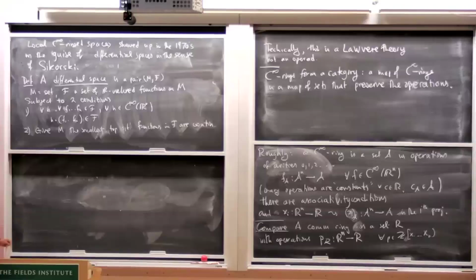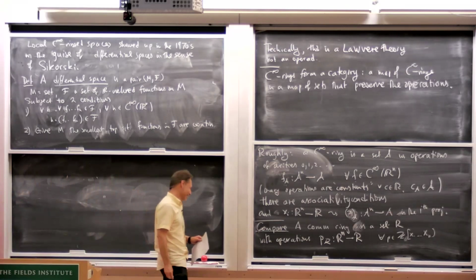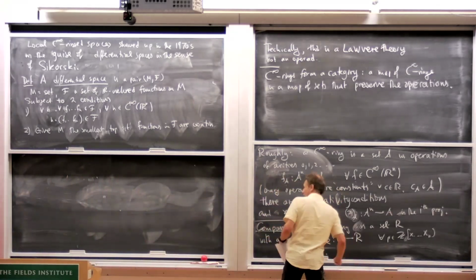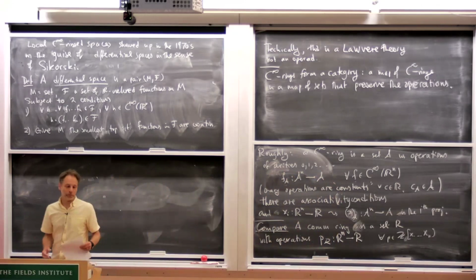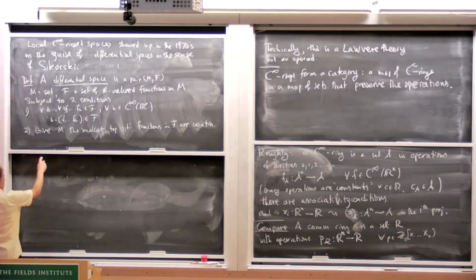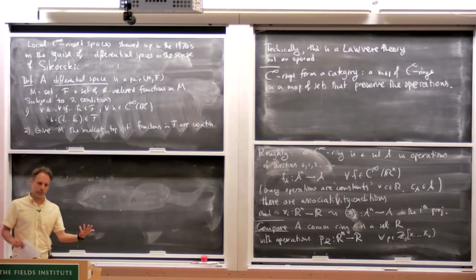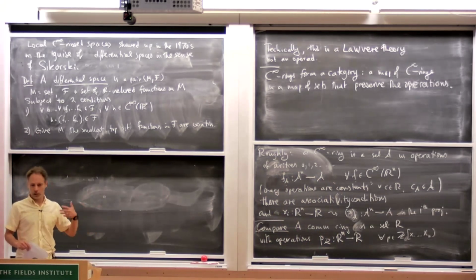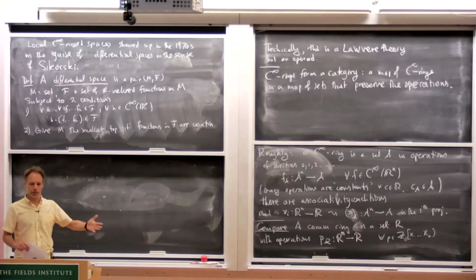So now you have a topological space. And if you have a topological space, you should probably have sheaves. Not everybody believes that, but smooth functions should form a sheaf. Elements of F are smooth functions. So you want to say you have a sheaf. How do you get a sheaf of smooth functions on a manifold from globally defined functions? You restrict them to open sets. In general, once you've restricted smooth functions to open sets, you get a sheaf.